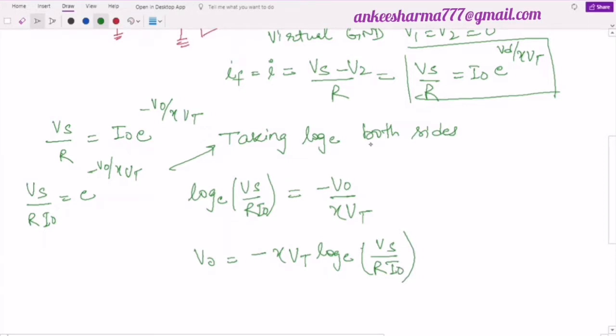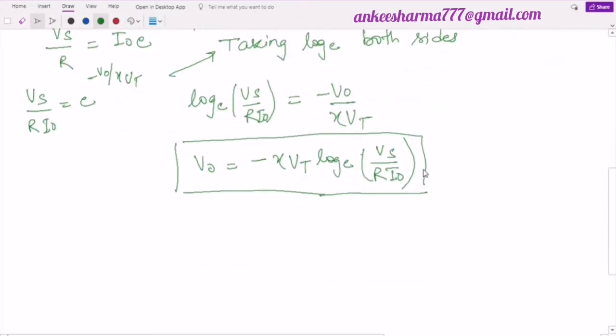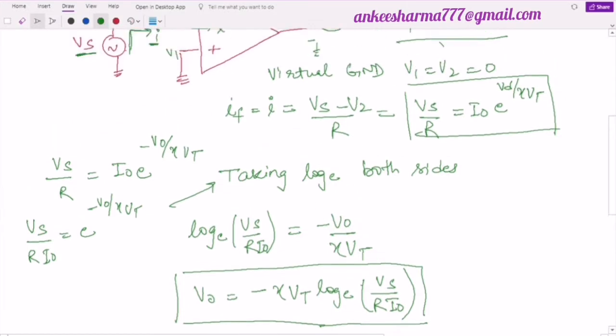Right? This is the output of my logarithmic amplifier, which directly shows that whatever input we have applied, a natural log has been taken and is available at the output with some multiplication of eta Vt or some constants. In some of the books, you will find this negative adjusted inside. We know that we can adjust this negative inside this log. So it will be eta Vt natural log of R I0 by Vs also. So you can write this. This is the simple way of having this log operation using the diode.